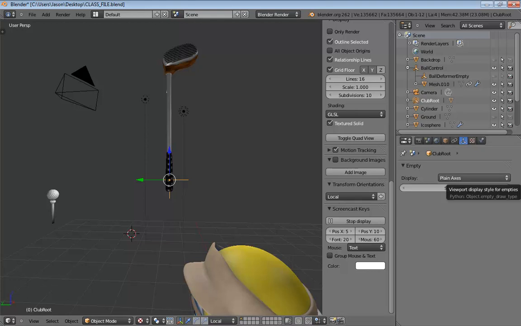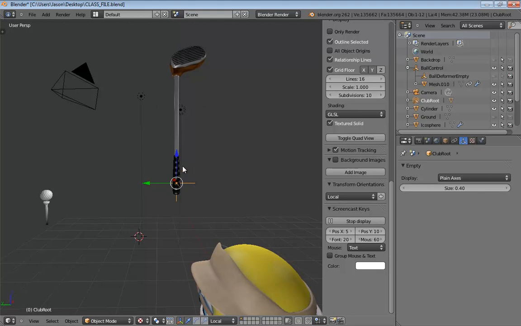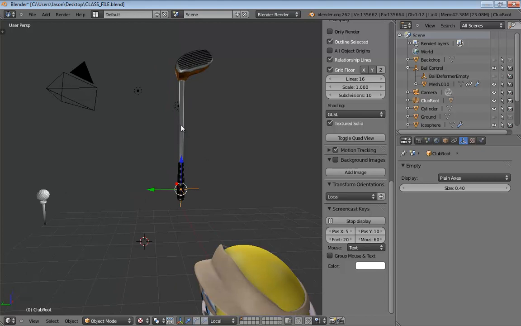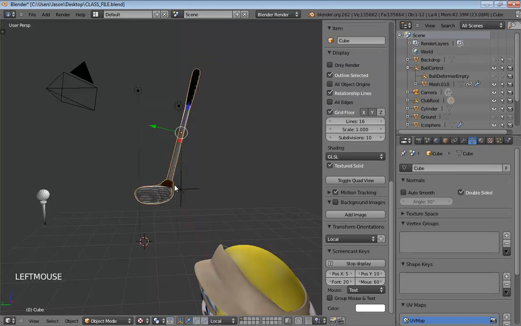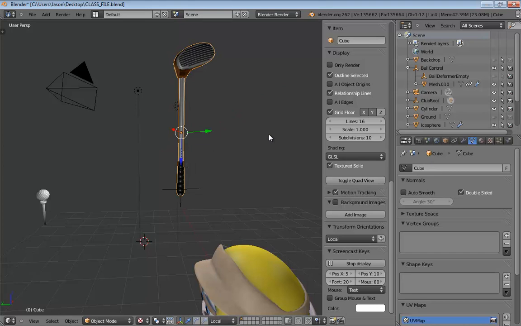It says you were holding Control while rotating the club to make it snap then? Actually, no. I just kind of eyeballed it. All I did was I used the middle mouse button to constrain my rotation down to the X-axis, I think. And then I just got it close. It does not have to be exactly set in a specific direction. Some of you actually might have modeled your club such that maybe the head of it is perfectly flat and the handle goes out at an angle. So, if you modeled it like this, then actually choosing an exact rotation may not be the most helpful thing for you anyway. So really all I did was I tapped R, middle mouse clicked over to the X-axis, and just spun this guy around like so. Just eyeball it. Close is close enough.